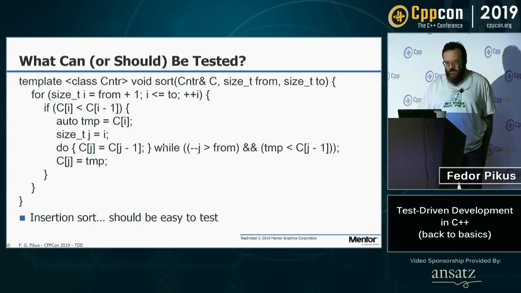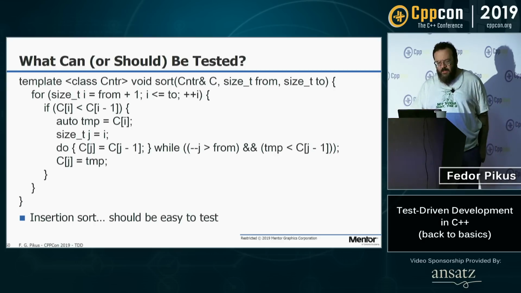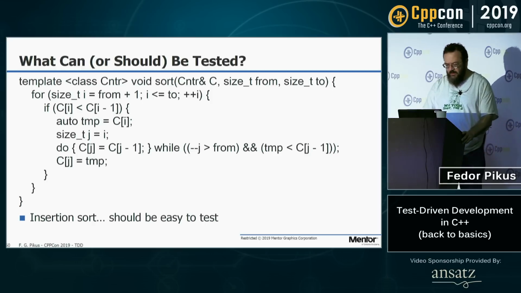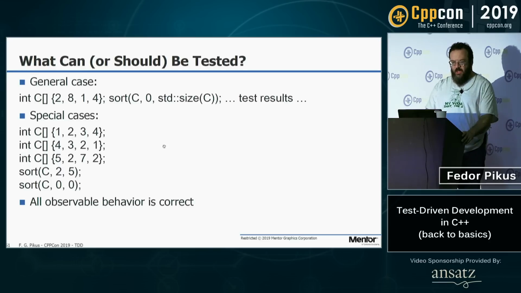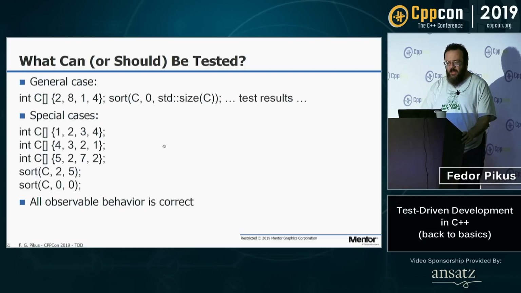What else? Well, okay, let's look at this example. This is ugly sort, it's insertion sort, it doesn't matter. Here is the sort. We're going to run the test for the sort. Here is our test. We're going to run it on an array. The way it's written, it hooks up to a container, and it uses indices, so not an iterator-range container sort. So here is some array. We sort it, and we verify that the results are sorted. We can test for all the special cases: sorted sequence, reverse sorted sequence, duplicates, and everything is correct.